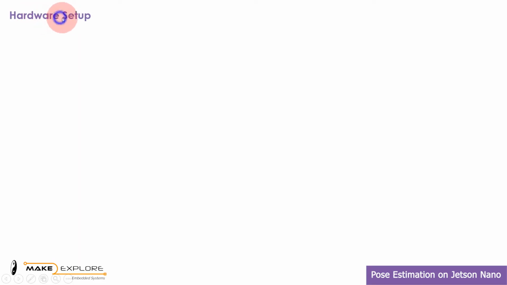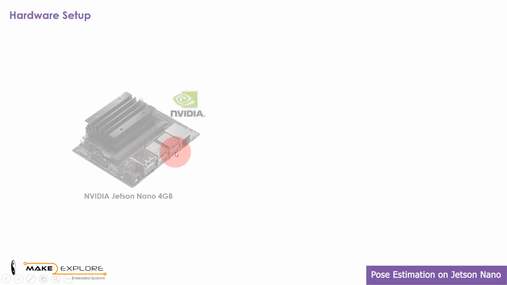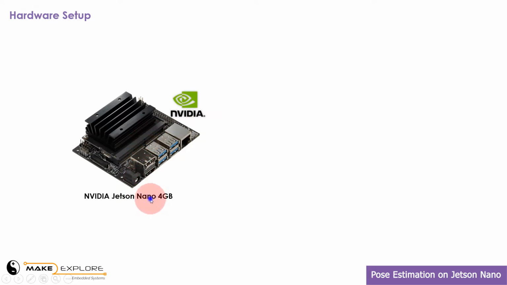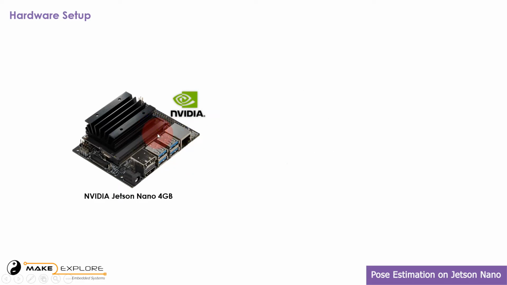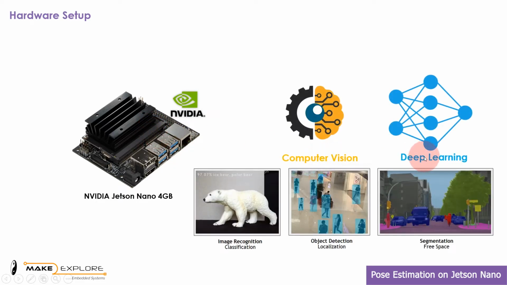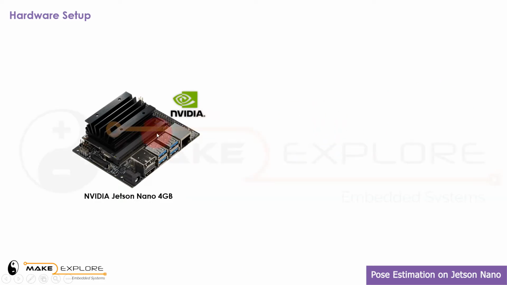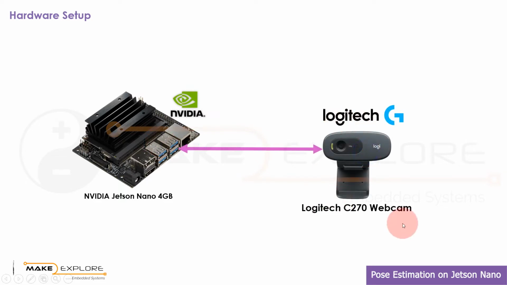Now, let us see what hardware we are going to use in this project. Here, we have used NVIDIA Jetson Nano development board, which is a very popular SOM, system on module, or, you can say, single board computer. A powerful developer kit for getting started with AI and machine learning. This NVIDIA development board is capable of deploying computer vision and deep learning applications such as image recognition, classification, object detection, localization, and segmentation. This board is connected with Logitech C270 webcam, which will give a live streaming video feed